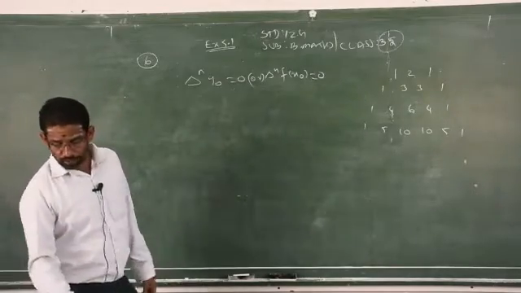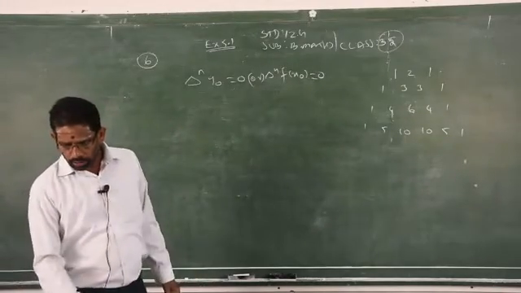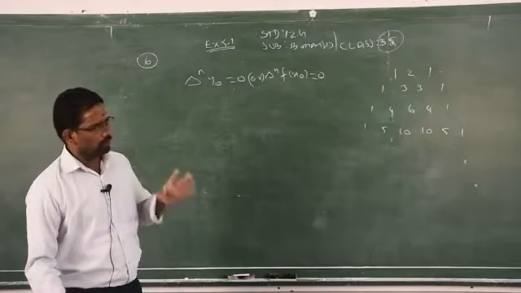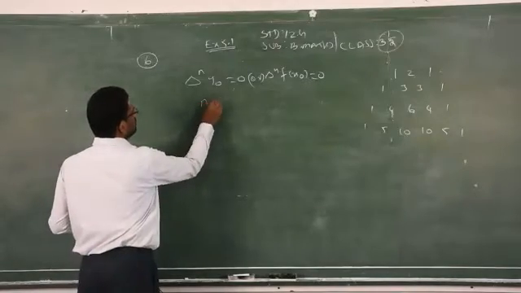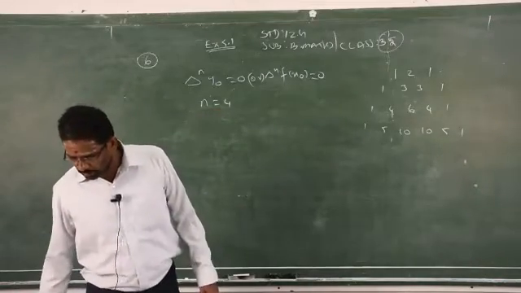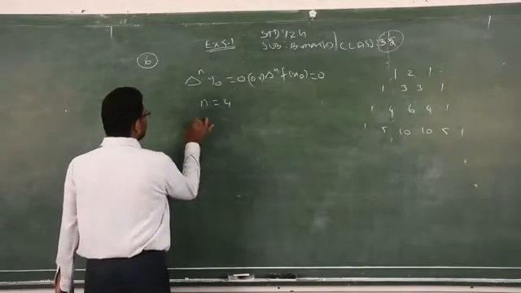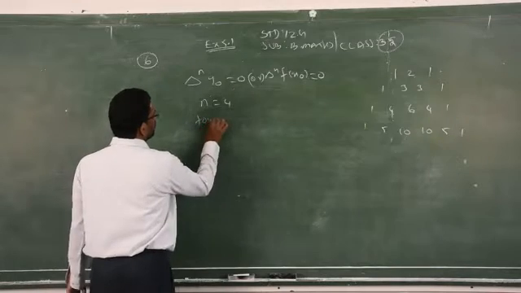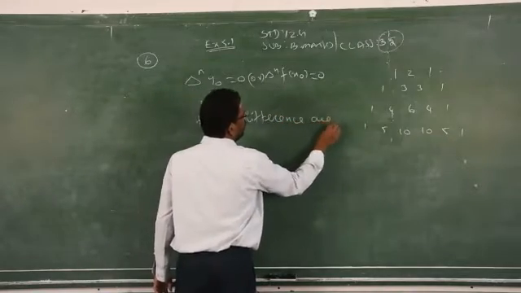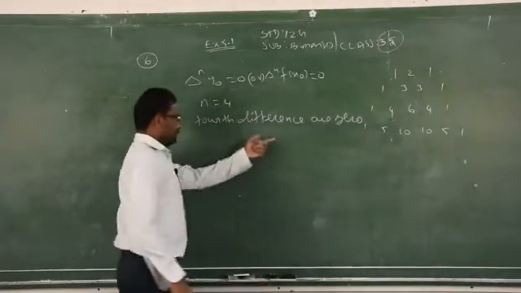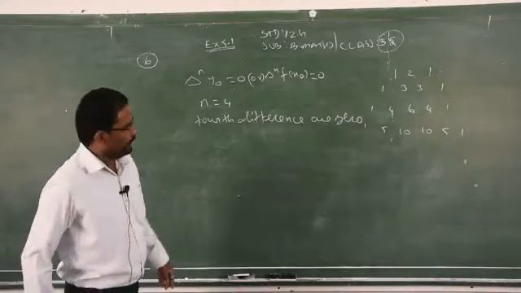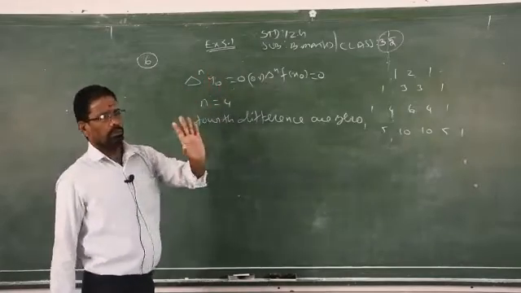You see how many values are given in the y row. In the y row there are 4 values, 1, 3, 9 and 81. So 4 values are given, therefore n is replaced by 4. When 4 values are given, you have to replace n is equal to 4 and the fourth differences are 0. This statement is not necessary. So once you know how many values are given under y, that is the degree of the given polynomial.